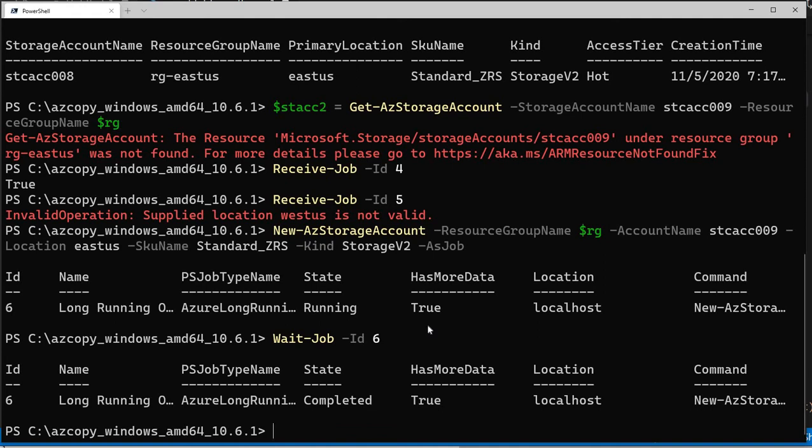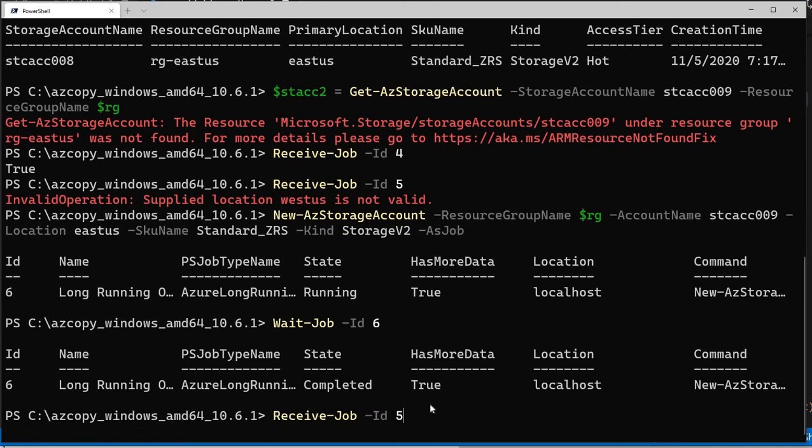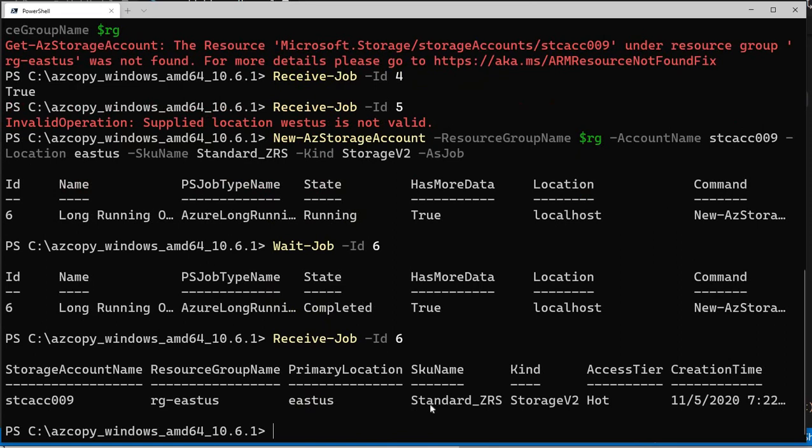It is mentioned the status has been completed here. Previously it was running. So we can request what happened, what was the success message. Now you see the success message here. It is mentioned that the storage account has succeeded.